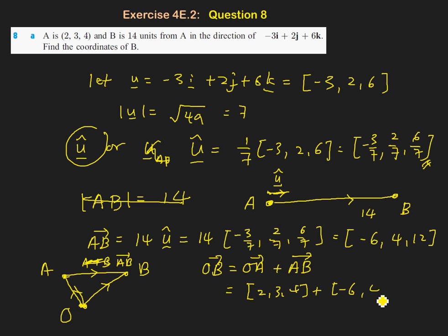And so the outcome is negative 4, 7, and 16. So therefore, the coordinates of B is negative 4, 7, and 16. You see, very powerful method, vector